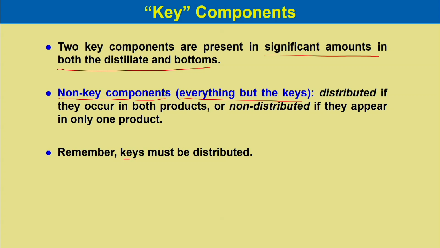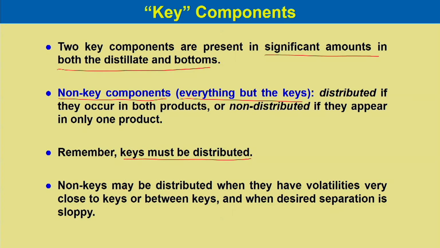Remember, keys, that is the heavy key and light key, must be distributed and should be present in both distillate and bottoms in significant amounts. Non-keys may be distributed when they have volatilities very close to the keys or between the keys and when the desired